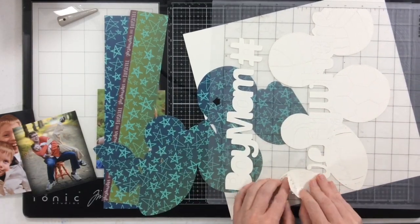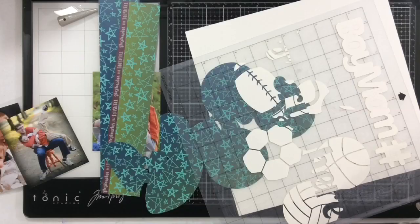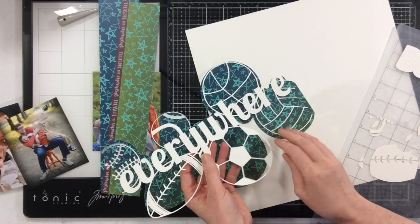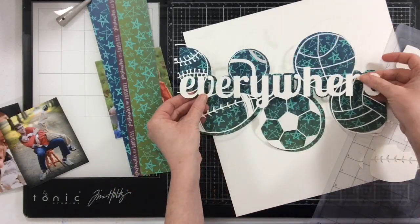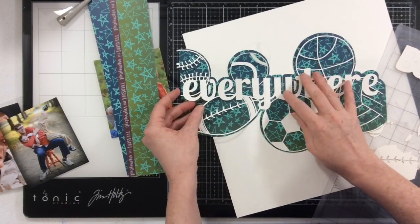It says hashtag boy mom, and then there is this really fun, intricate cut file that has a bunch of balls. I'm just weeding it out now. You can see it there. It says balls, and then everywhere you can get the snarky if you want. My kids